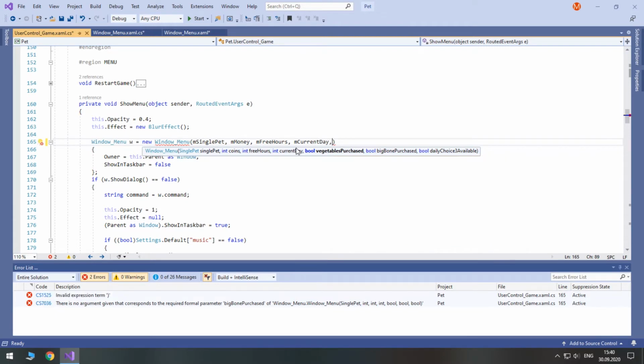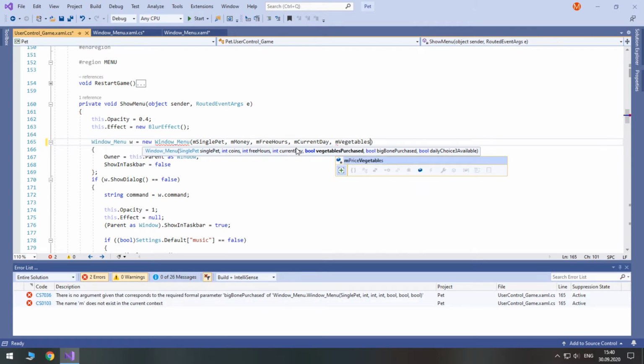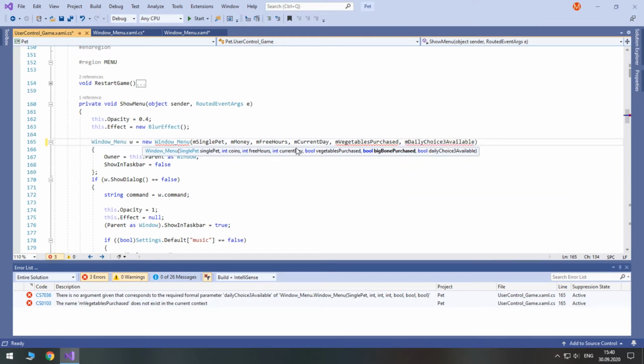Oh, we don't have this variable here yet. Well, let's type it and we will create it a bit later. M vegetables purchased, also m daily choice 3 available.